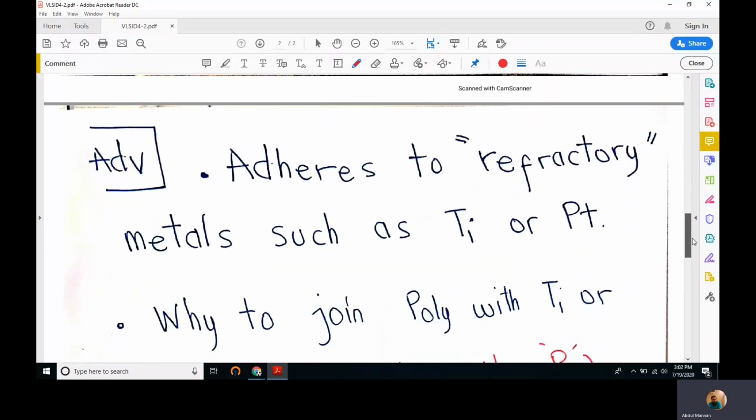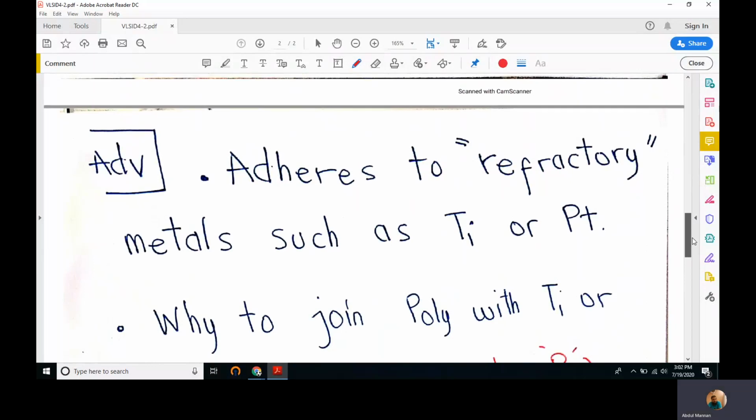There are different advantages of having polycrystal silicon instead of metal, or replacing metal with polycrystal silicon. Perhaps the biggest advantage is that it can work at higher temperatures that are common in modern VLSI fabrication techniques. Secondly, it can stick to refractory materials like titanium and platinum that we use as a part of